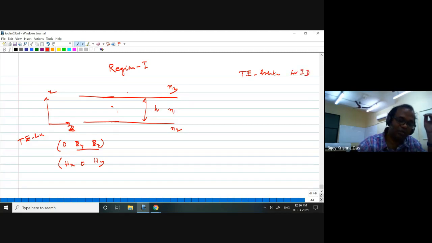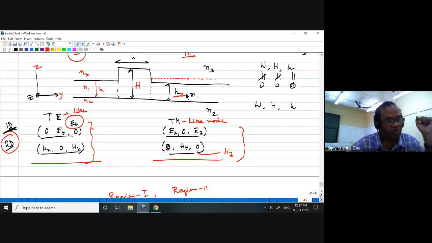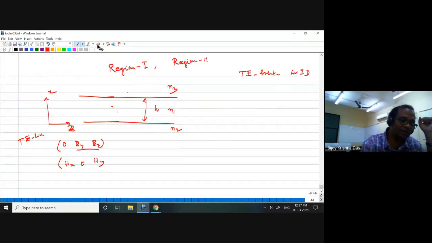Okay, so that is true not only for region 1, it is true for region 2 also, because the region 1 and region 2 situations are the same. It can happen that in region 3 the height is different. Let us consider different heights: this is H1 and this is H2, and that can also give you a solution. Okay, so in that case I can choose differently for region 1. Let us consider.